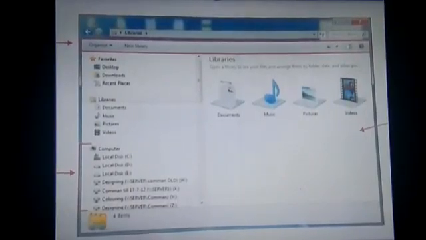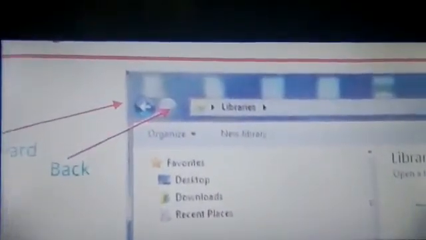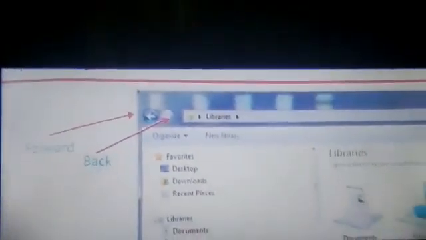When we open Windows Explorer, we see that the Libraries folder is selected by default on the left pane. To open it, we have to double click on the desired library from the right pane. Now students, we can use the backward and the forward button located in the menu control bar of Windows Explorer to go forward and backward.